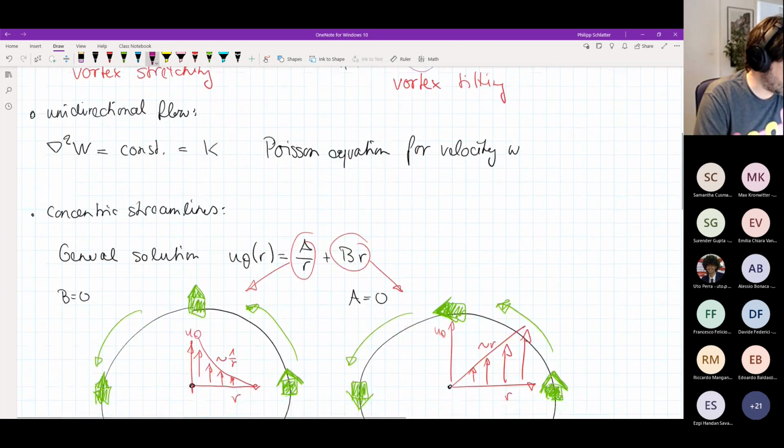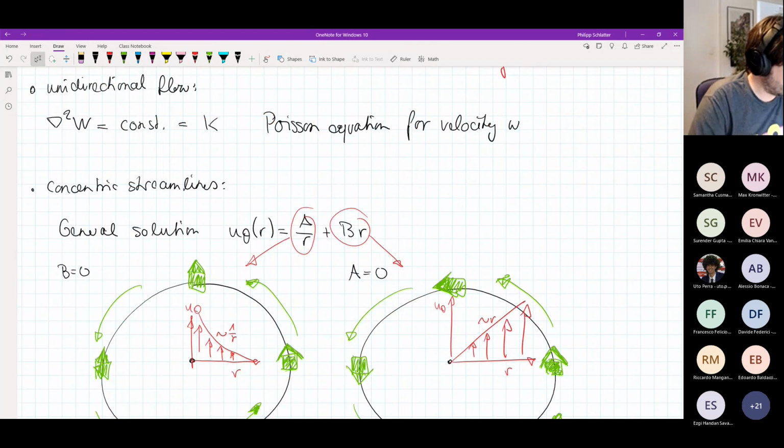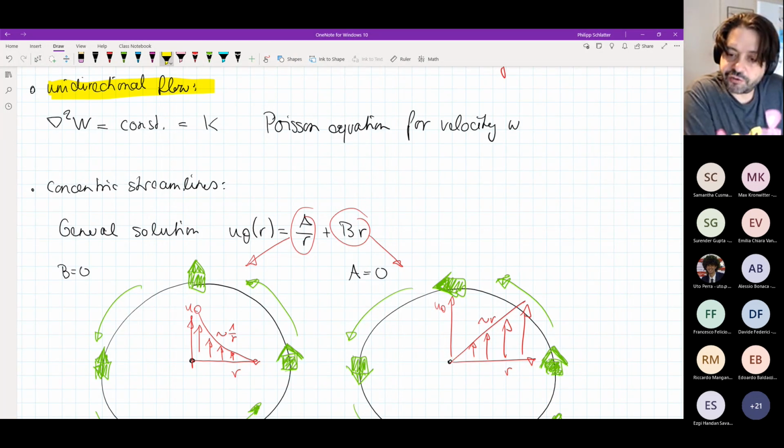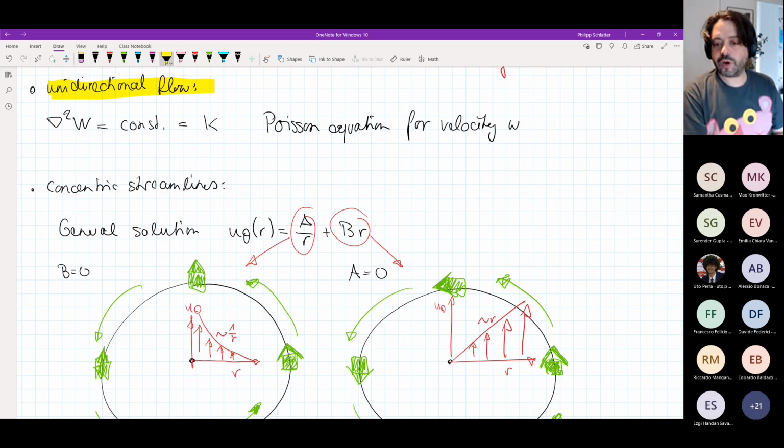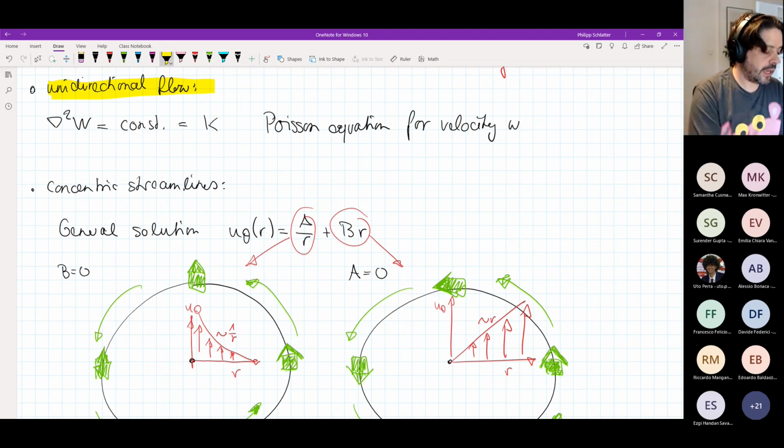So that's the first thing that we talked about. And then we started to calculate a few things. We essentially had two different flow cases that we looked at, in which we used the vorticity transport equation. The first one was what we called unidirectional flows, when we said that all the velocity components are in one direction. And then we realized that by using the vorticity transport equations, we end up with a Poisson equation for this velocity in this third direction,